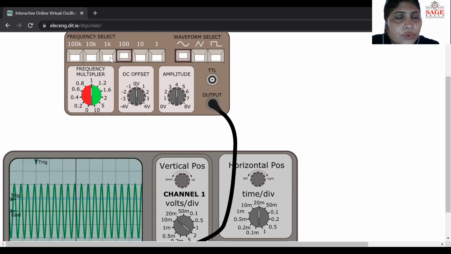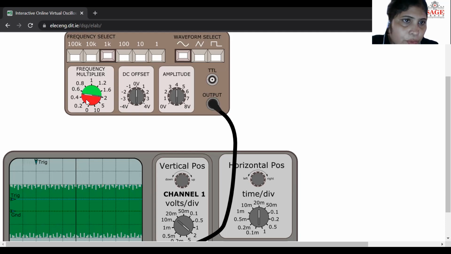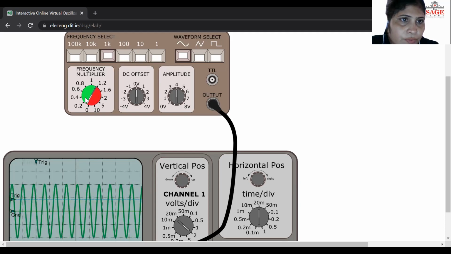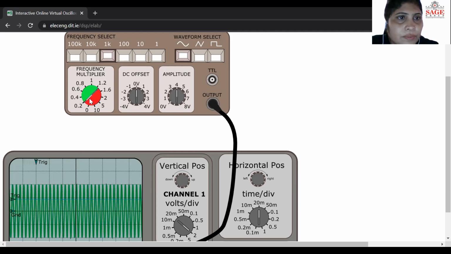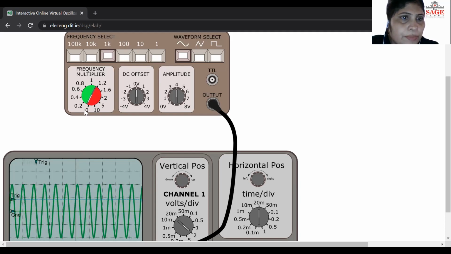Similarly, if I click on 1 kilohertz, now you can see this is the multiplier factor. Now I'm going to change the frequency value. Instead, I'm taking 0.1, so 0.1 multiplied by 1 kilo is giving 100 hertz.